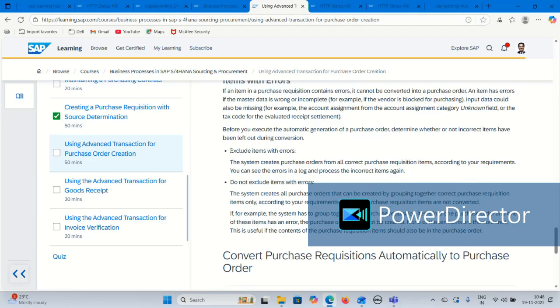So based on the user's requirement or business requirement, they can select that checkbox. They can even set this as a batch job, ME59N, so that every day it has to convert some PRs into PO. Whatever the time they set, the batch job will run and it will convert available PRs into PO like that. Exclude items with errors: the system creates a purchase order for all the correct purchase requisition